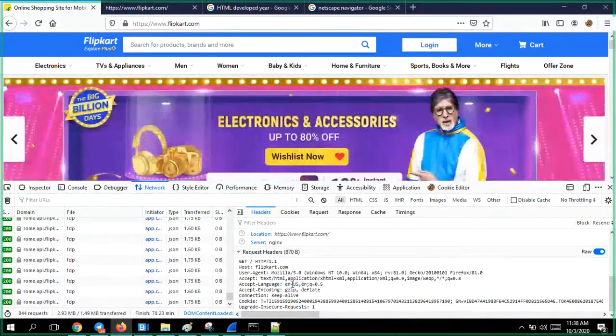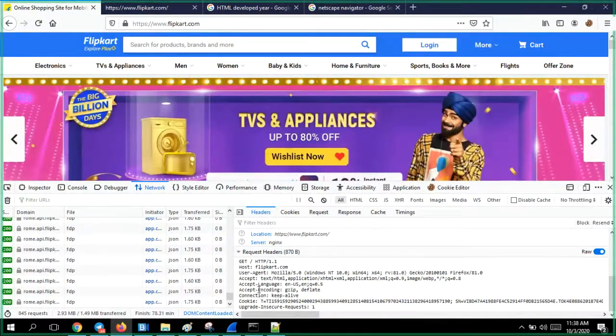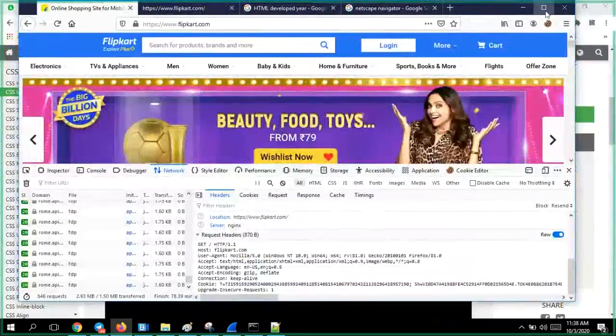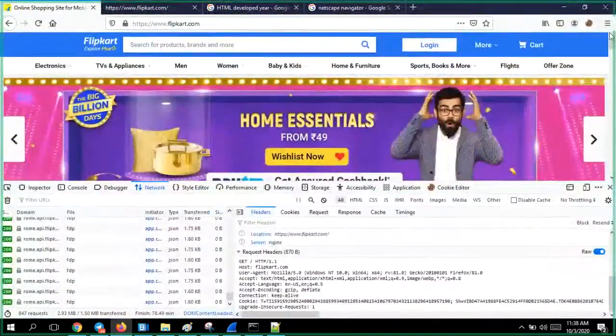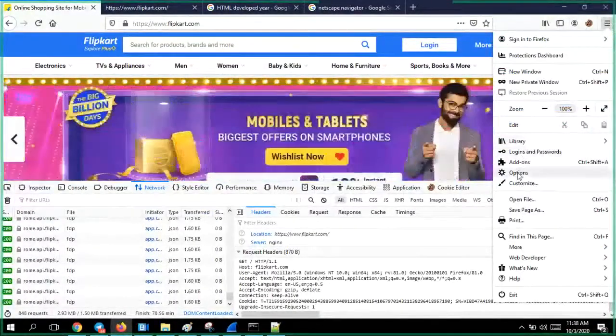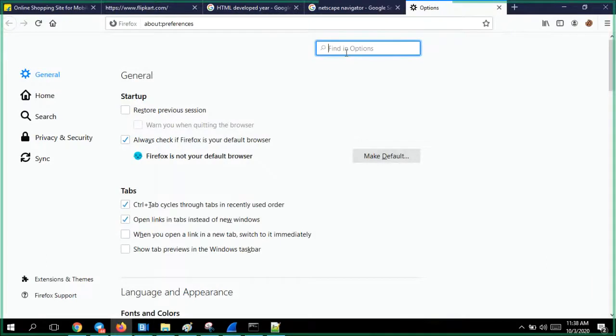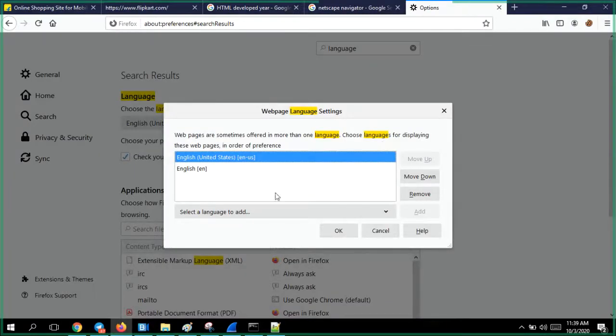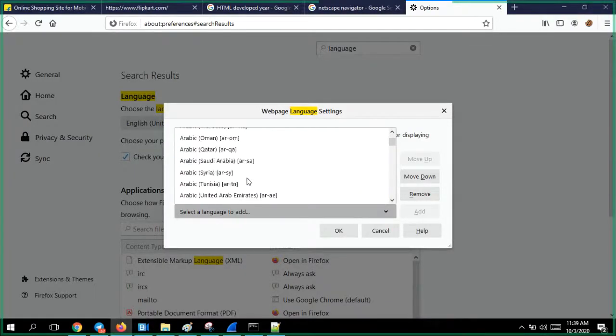My browser understands English language. Okay, and I think we can try this also. Let me show you. I don't guarantee it, I don't know the exact options how they do it, but let me try for your sake once. Settings, where it is, options. Okay, let me check language. Let me take this. Choose the language.